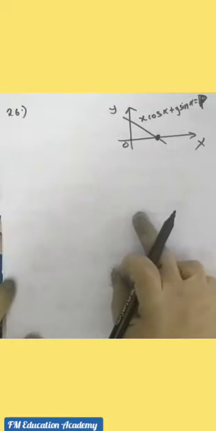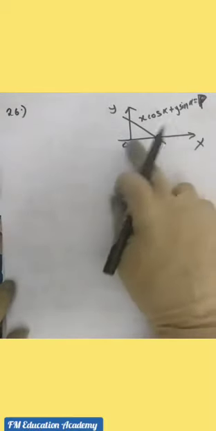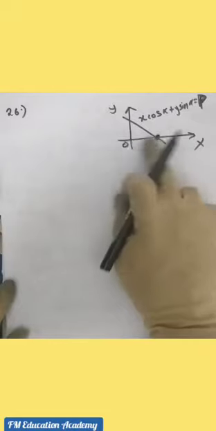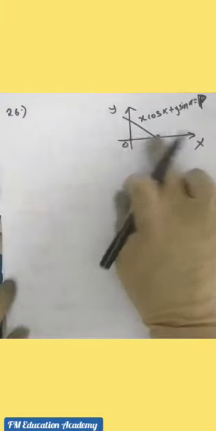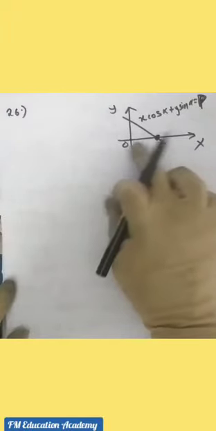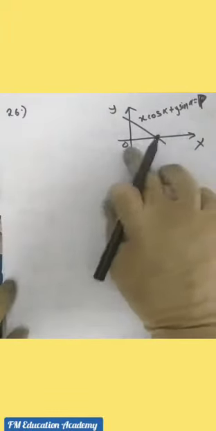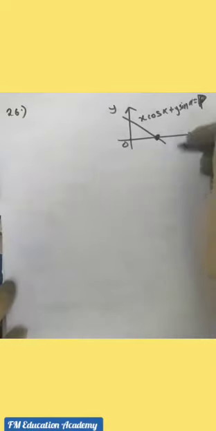So here first we will find out the length of the base. Why are we finding out the length of the base? Because in the area of triangle formula we have half into base into height. So we will find out the length of the base. How to find out the length of the base? We can see here carefully that x cos alpha plus y sin alpha is equal to p is given.